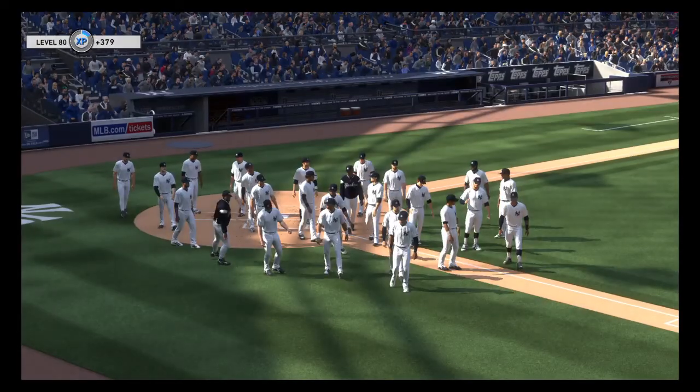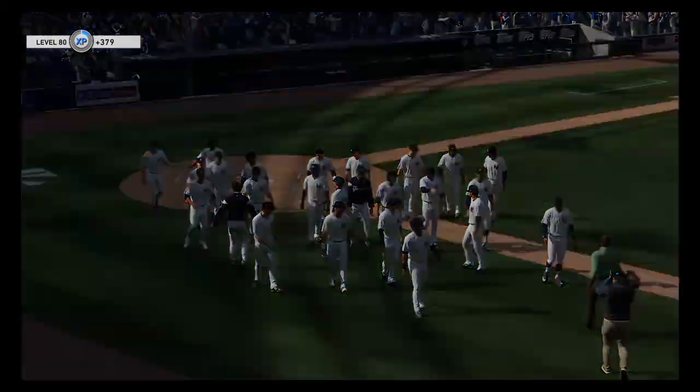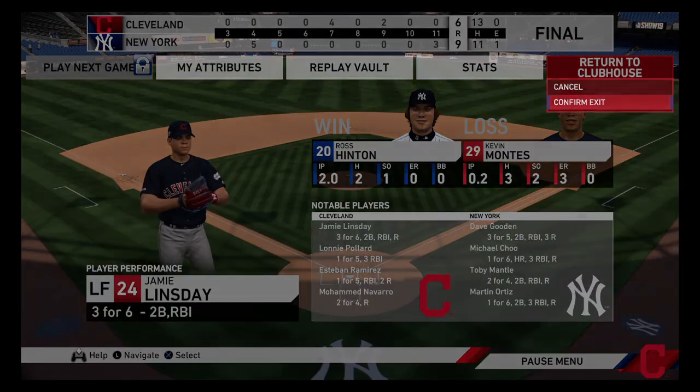A 3-run shot under it. So the lineup really helped carry them to victory here in this one, and this man was...